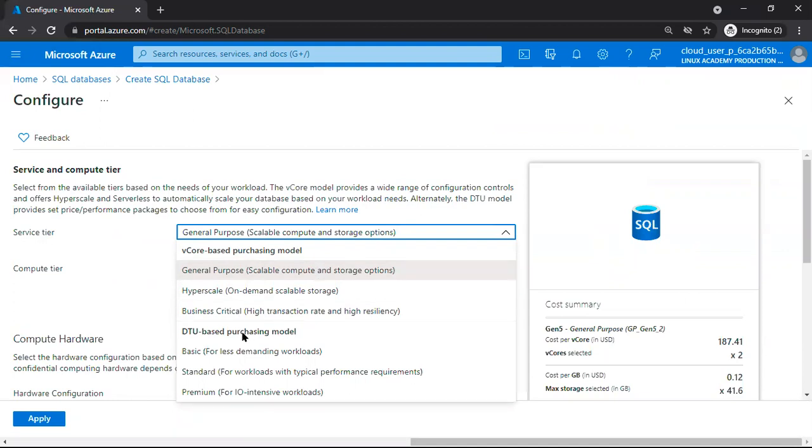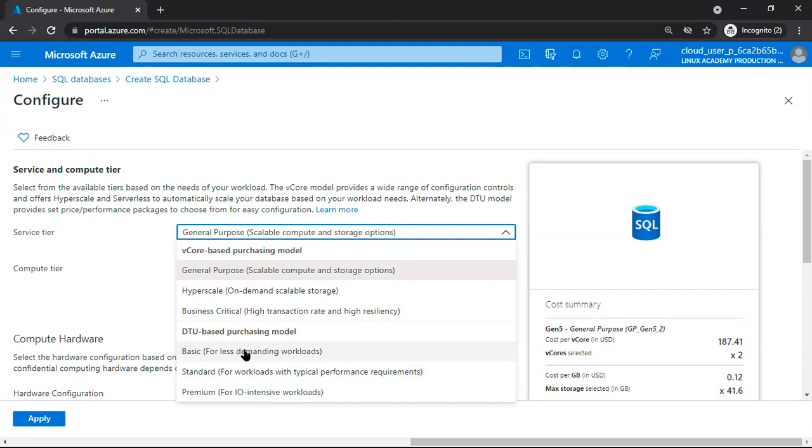In general, remember that this Azure SQL database service is meant for startup applications. That's why in most cases, about 80% of scenarios, we go with the DTU based purchasing model, where we have basic, standard, and premium.